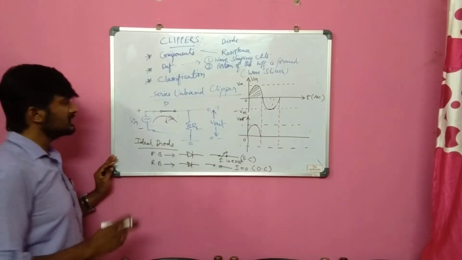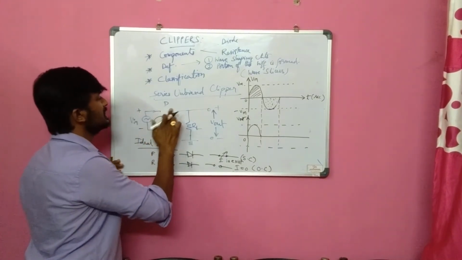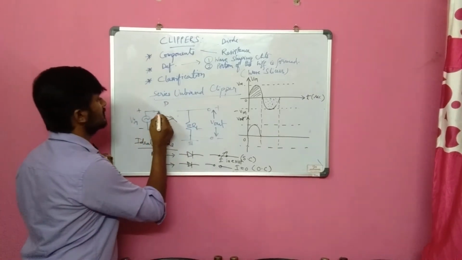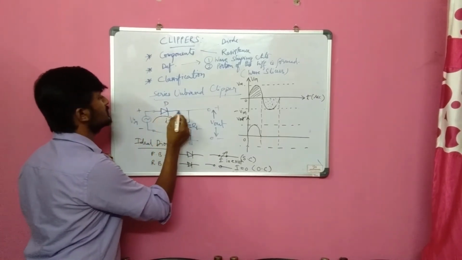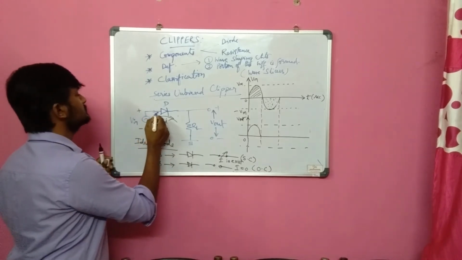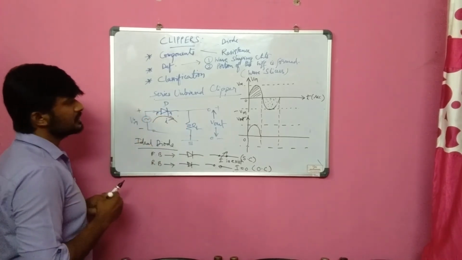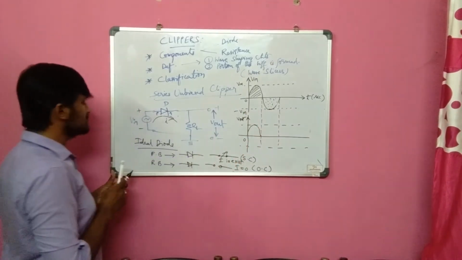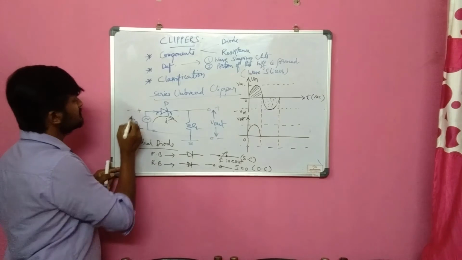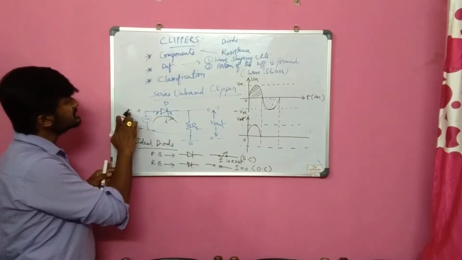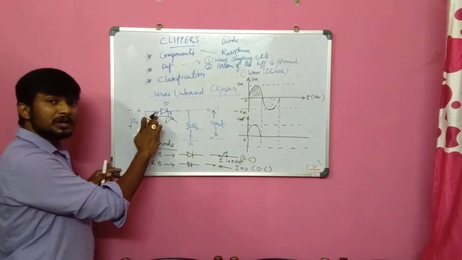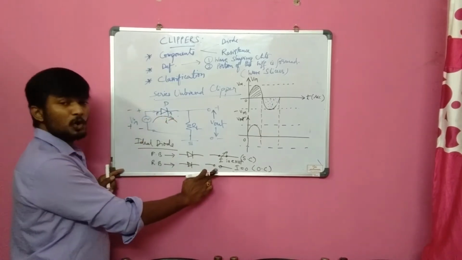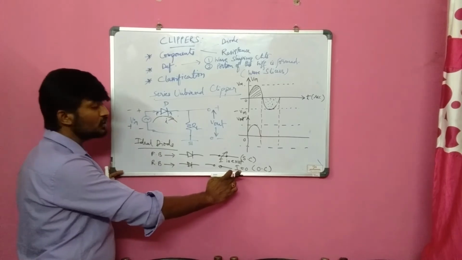Let's see what happens for the negative half cycle. Let me redraw the diode once again, according to the previous circuit. This is P, this is N. Now see, for the negative half cycle, all are negative values only. So for negative values I have to take the polarities as minus and plus. Here minus is connected to the P terminal of the diode. Then what happens? The diode undergoes which bias? Reverse bias. Reverse bias means what? Open circuit. Open circuit means current equals 0.